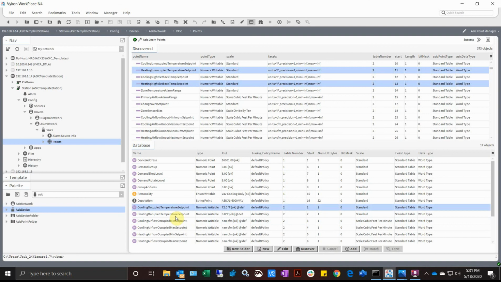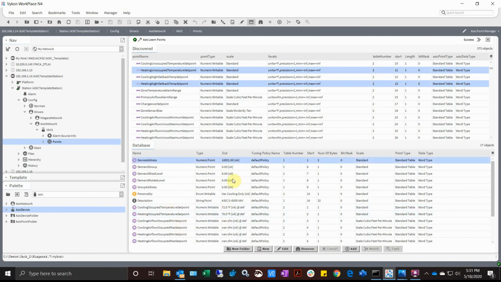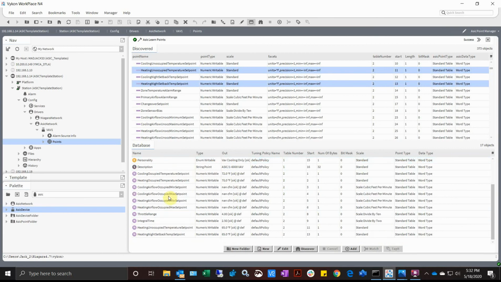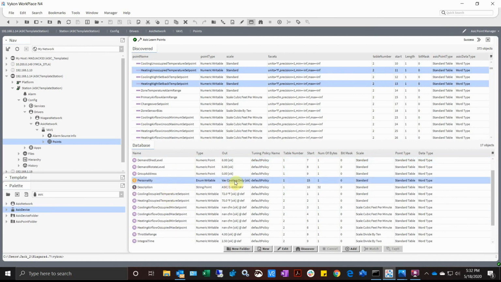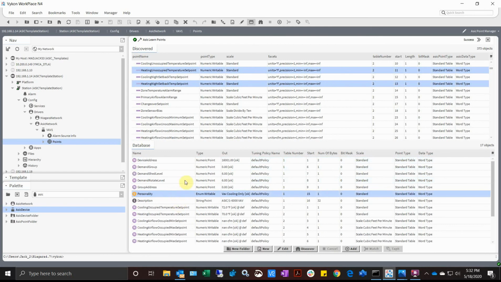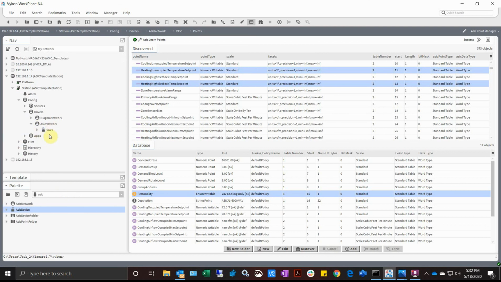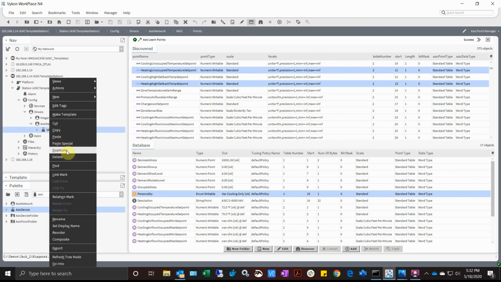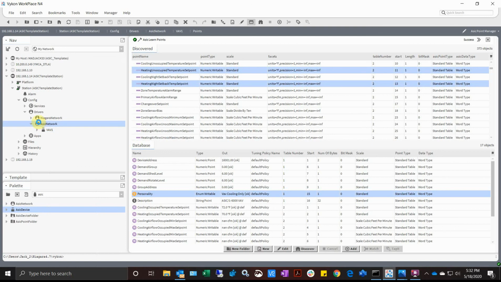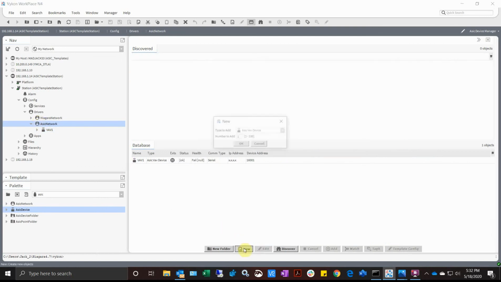Here's my cooling temperature set point, heating occupied temperature set point, 270. Here's my device address. That matches up. That's good. So personality, VAV cooling only. So that's a cool thing to verify. And then from there, you can build out your, come over here and add your extensions or whatever else you want to put on it and get it going, and your graphics, and then you can start duplicating devices from there. But let's say I want to add a couple more devices,